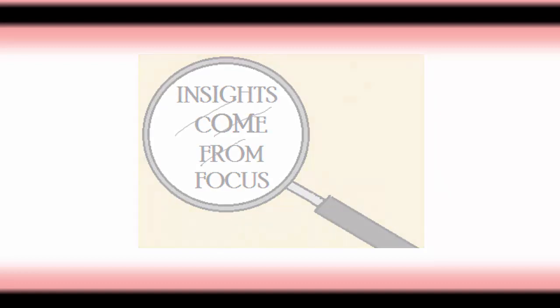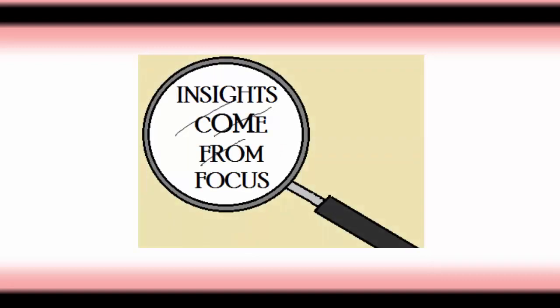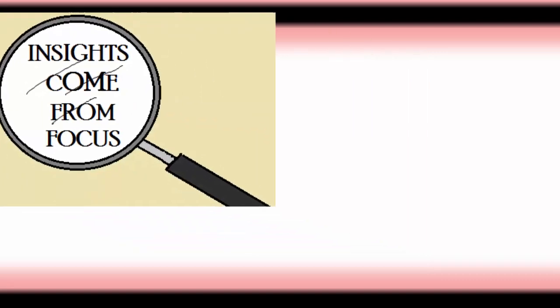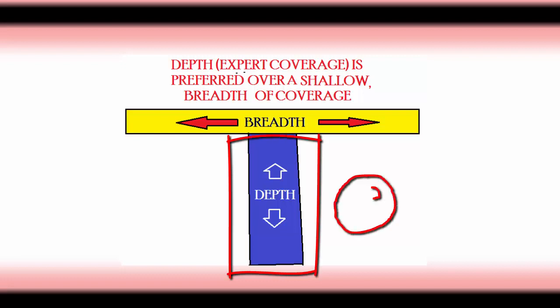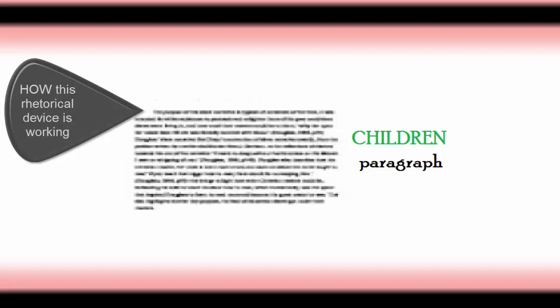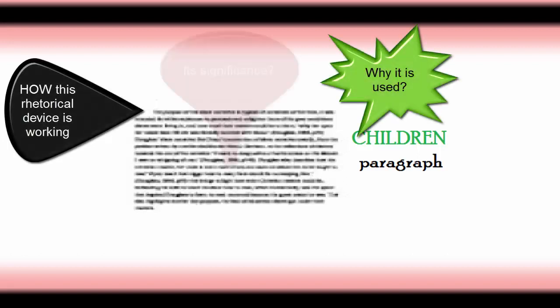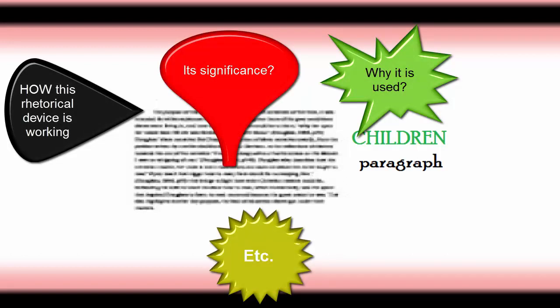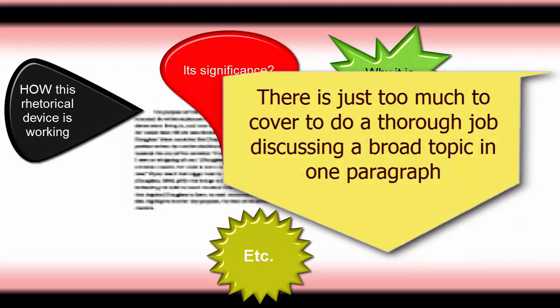However, as we discussed in our analysis videos, keen insights, smart insights, are rarely found by covering a wide range of topics. Because without focus, we'll only barely be able to scratch the surface and come up with only superficial statements. In this way, 1 paragraph on, say, children in Douglas is probably not going to help readers see many of the ways this rhetorical device is working, how it's able to work, why it's used, and its overall significance in Douglas's work. It'd be better to have the entire paper focused on children, or at the very least a